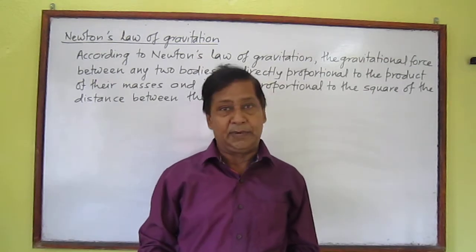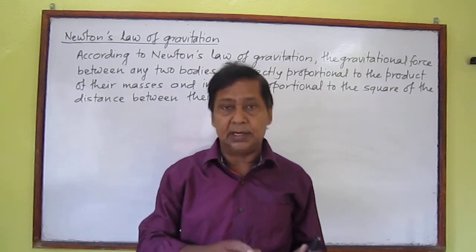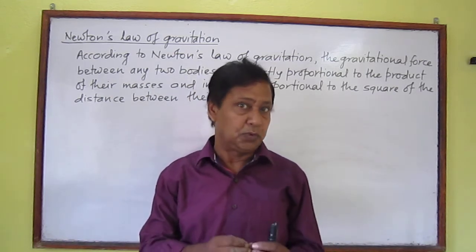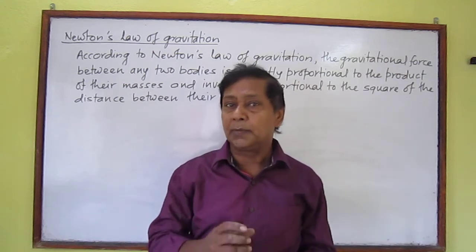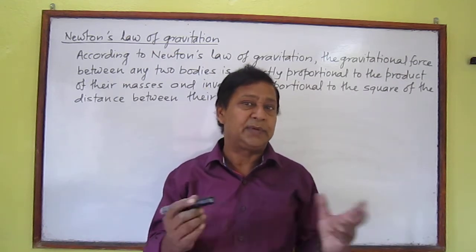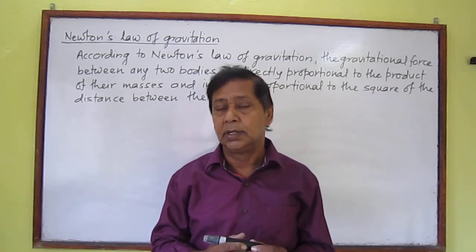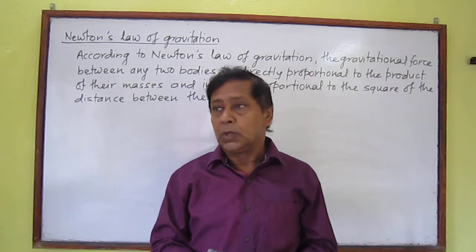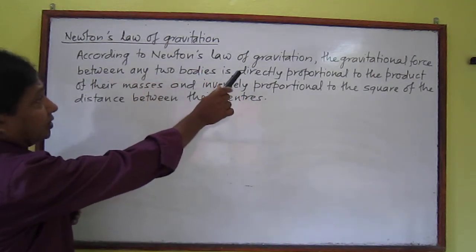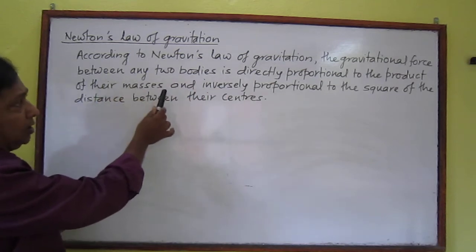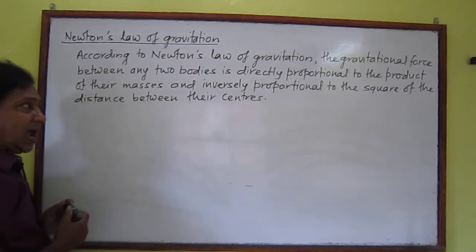Newton's law of gravitation. After understanding gravitation, which is the force of attraction between any two bodies due to their mass, the problem came of how to calculate the gravitational force between any two bodies, and it was given by Newton. According to Newton's law of gravitation, the gravitational force between any two bodies is directly proportional to the product of their masses and